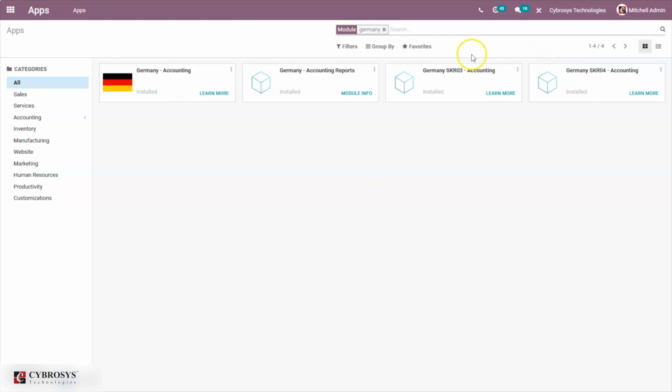Then we have 2 other modules, that is Germany SKR03 and SKR04. The first one contains the German chart of accounts based on the SKR03, and the second one contains the German chart of accounts based on SKR04.